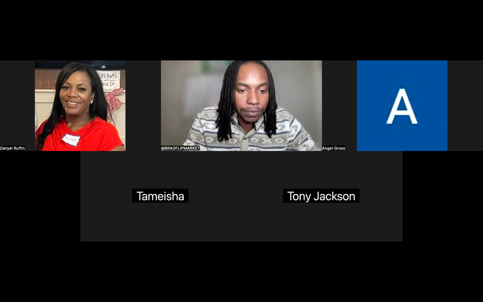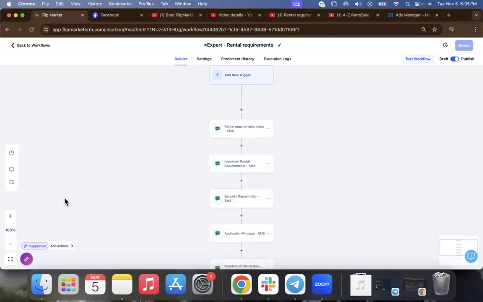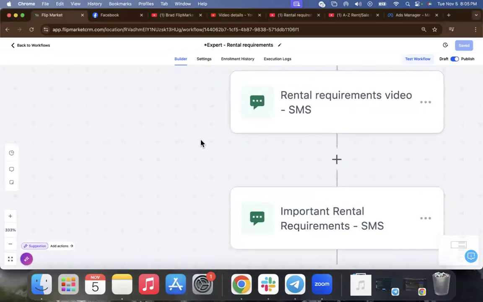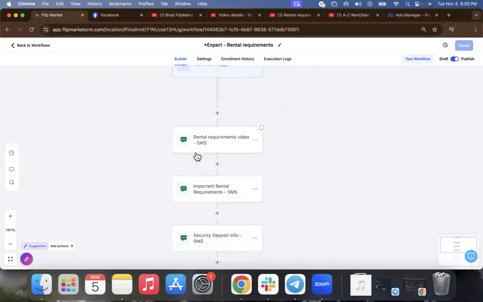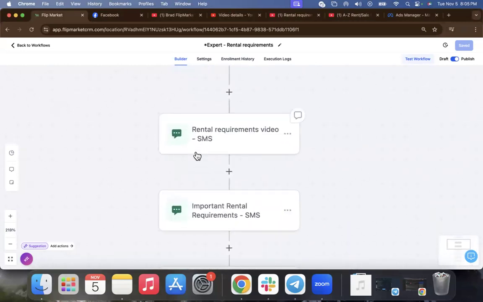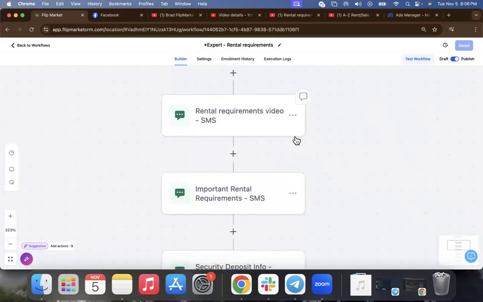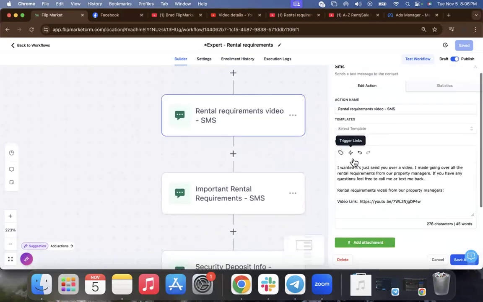And matter of fact, I'd love to just show you guys that too. I feel like that'd be great for you to see how that's broken down, and then I'll get into the last part. As a point of clarity, all of this is through the CRM. I'm doing all this through the CRM. Literally, this is an automation that they'll use, the rental requirements. You see it? So boom, that's that video right there.